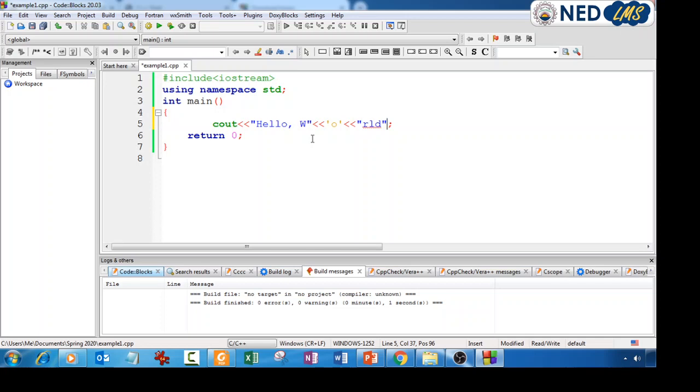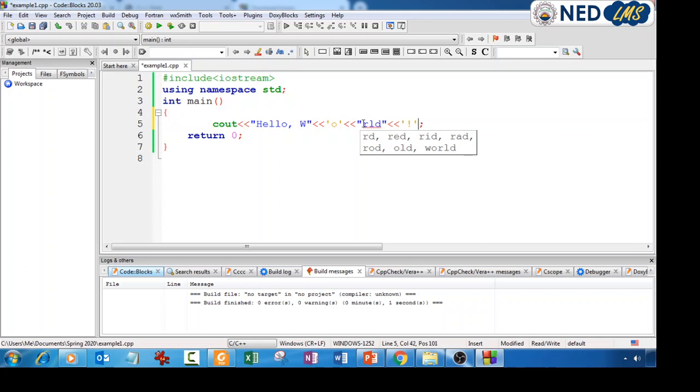This is a string literal, and this O is a character constant. So whenever we are using a single character, use a single quote. Whenever we are using multiple characters forming a string, use double quotes. Simple rule. And then we have to write another character, so put single quotes and the exclamation mark,